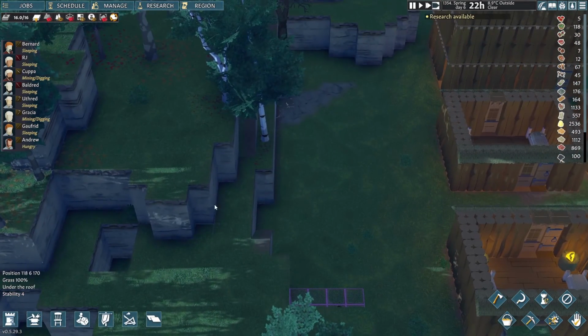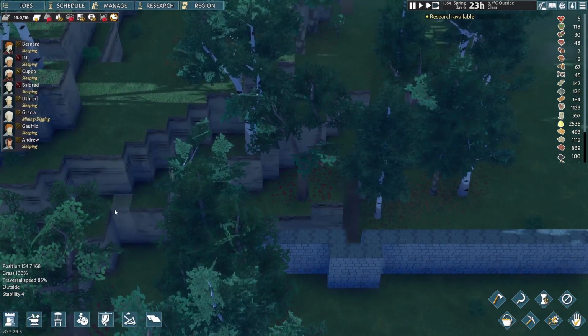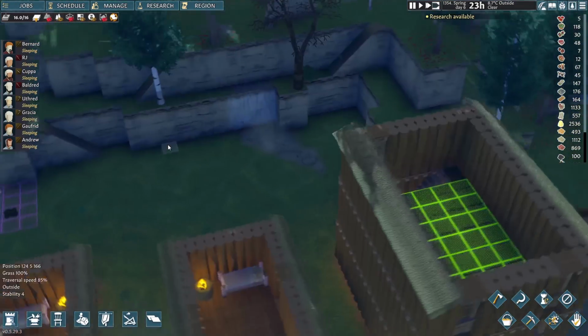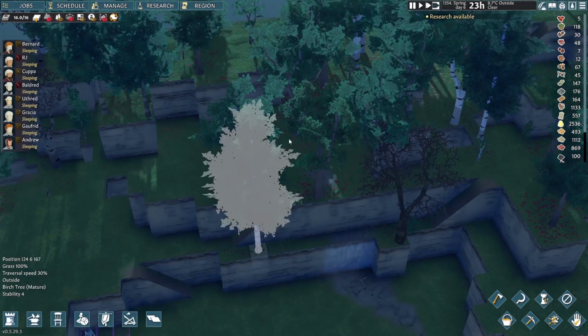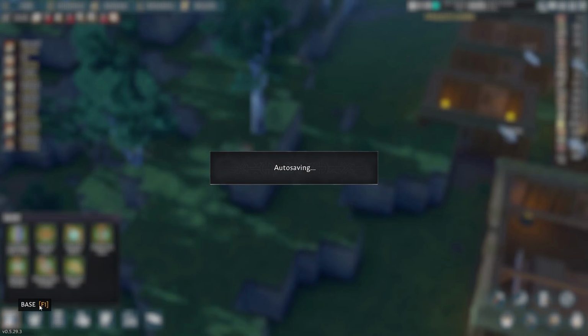I kind of feel like we need to build across the back here with our wall and link it up to that bit over there. And then we could have ourselves some sort of mountain fortress up here. That would be exciting, wouldn't it? Like a great big thing up on the top. The only thing is, you can't build...